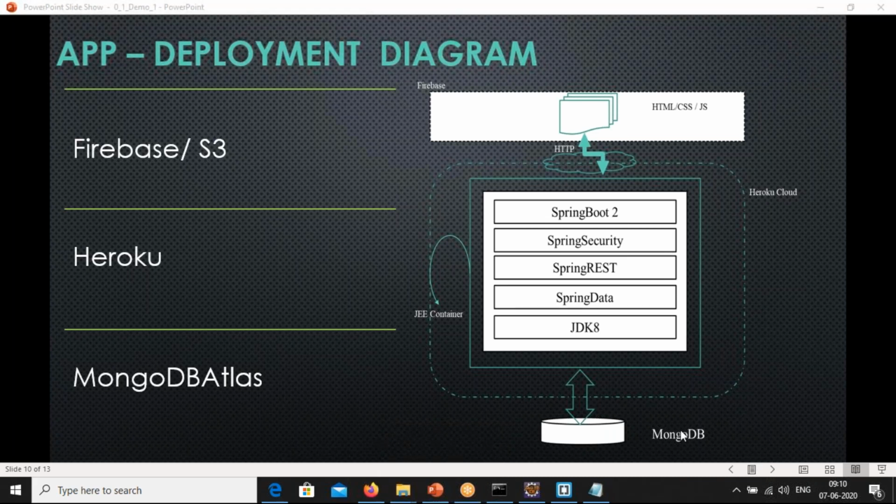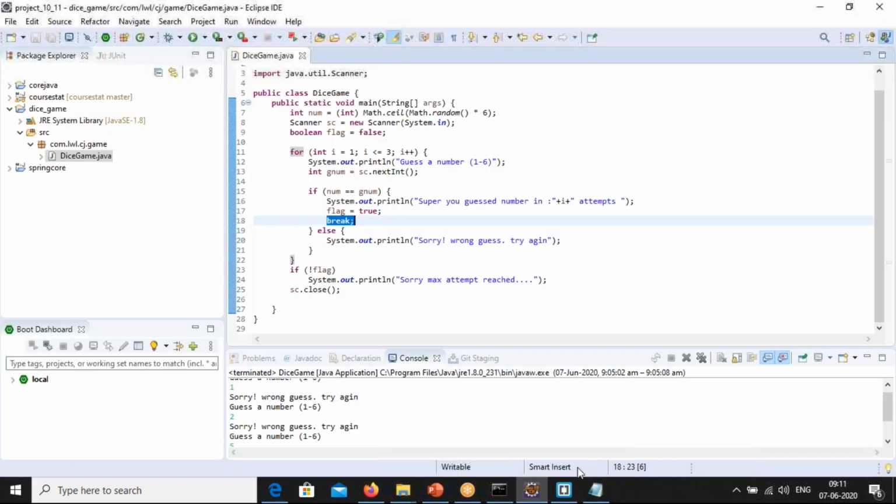Can you ask your question, exactly what you are expecting? You can show that visibility, the Eclipse. Show that Eclipse.